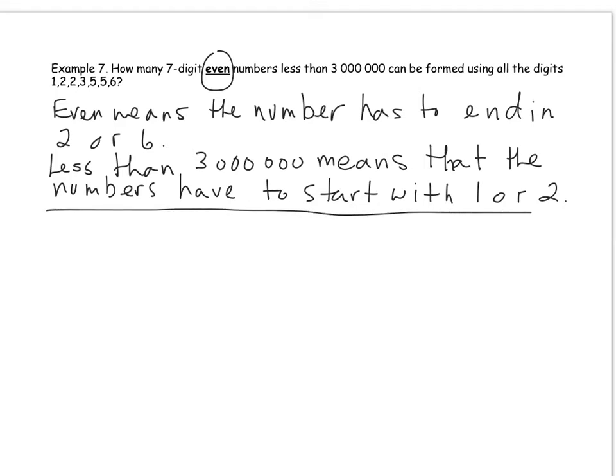consider the different cases that we have here for this. Okay? So even numbers got to end in 2 or 6. And then less than 3 million means that the numbers have to start with 1 or 2. You can't have it any other way. So if we start off with case 1,